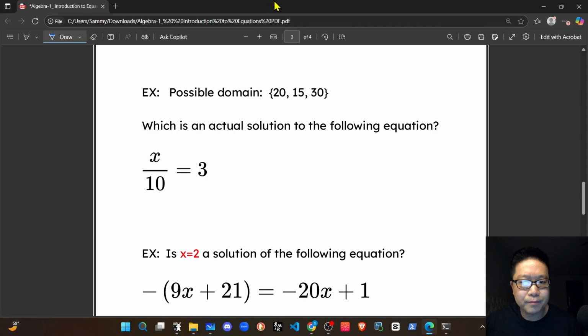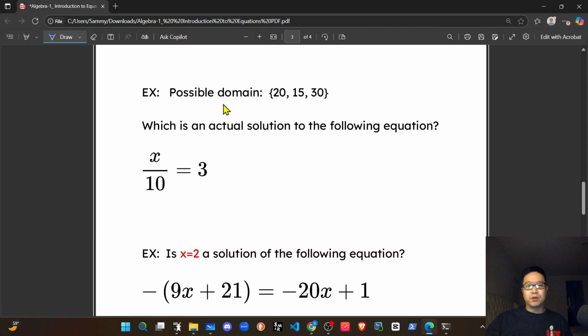So in this example, it's giving us a possible domain. In other words, what they think that x might be. We don't know yet, but they think it could be 20, 15, or 30. And it's asking us, which one of these is an actual solution to the following equation? So let's try to figure this out by simply substituting. Okay, so let's try 20. If we substitute 20 in for x,